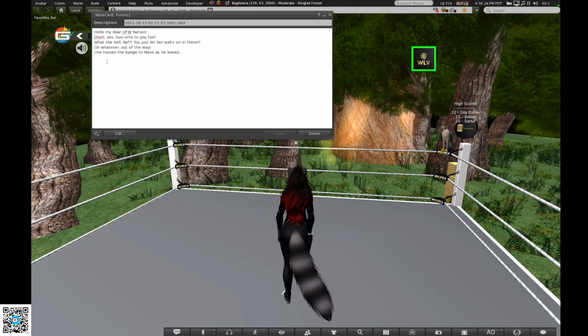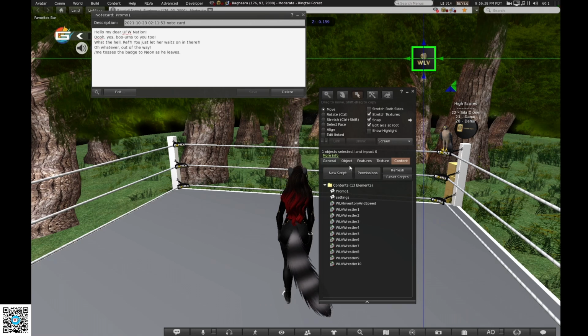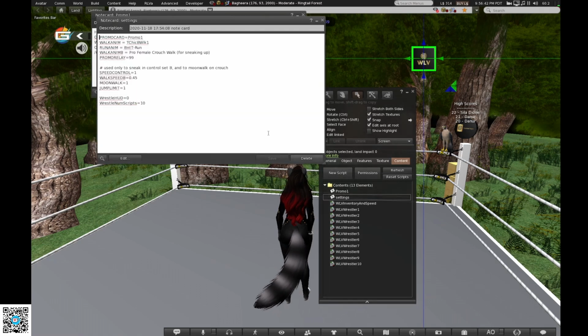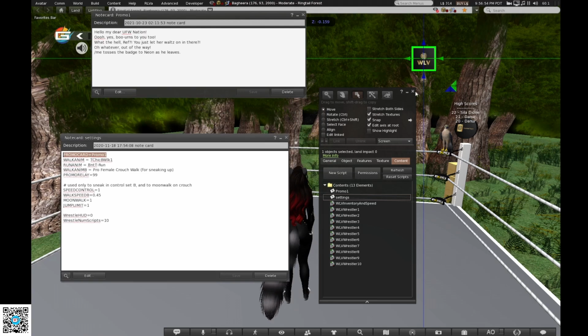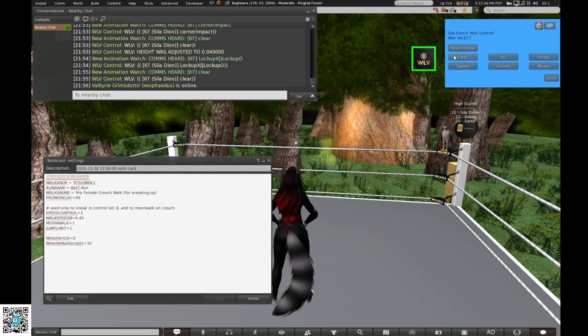Now, what makes this useful is that it will shout it out automatically, so every line it says can be shouted, and I'll show you that in just a second. It also goes out through your name, so let's take a look at the settings real quick. If we look at the settings card, you've got the name of the promo card, and I didn't need to put it in here, but you can also change your name, like if your display name doesn't match your wrestler's name. So if I go ahead and just hit promo,